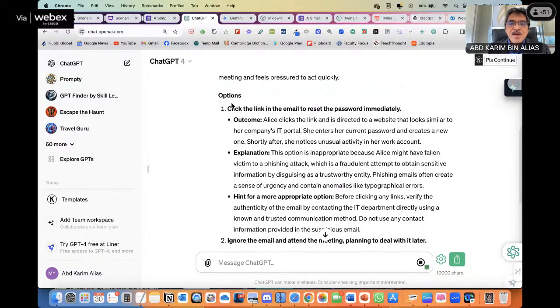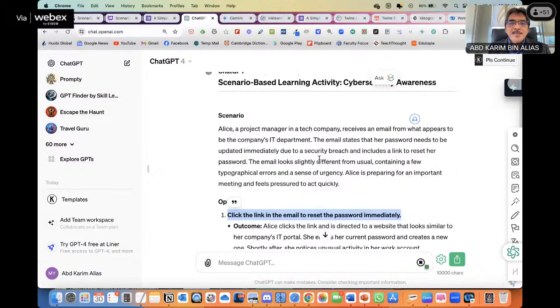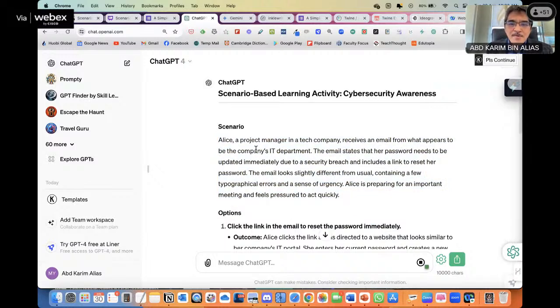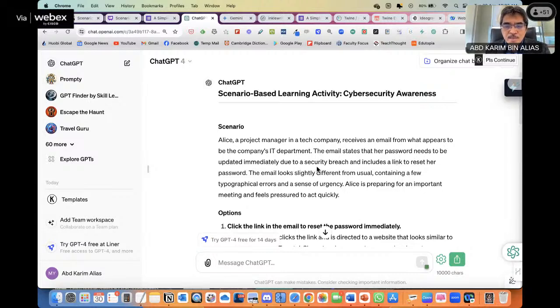So this is option number 1. This is the scenario, okay? The backstory. Alice, a project manager in a tech company, received an email from what appears to be the company's IT department. The email states that her password needs to be updated immediately due to a security breach. So if you are teaching cyber security, this is one example for you.